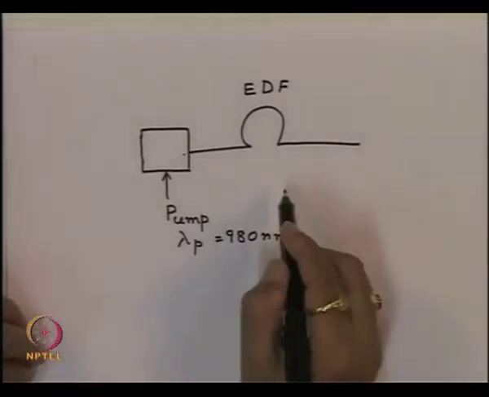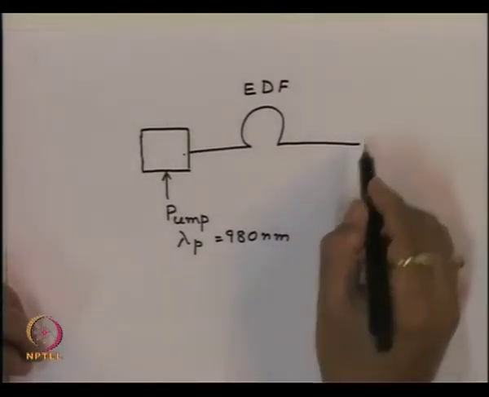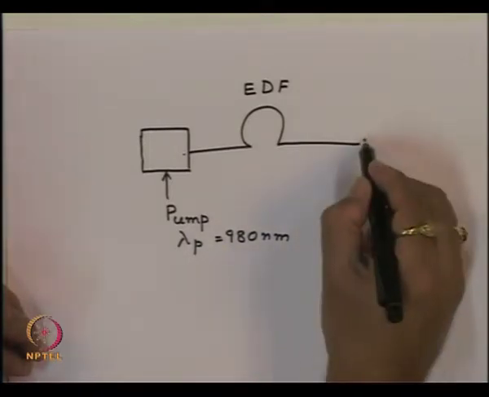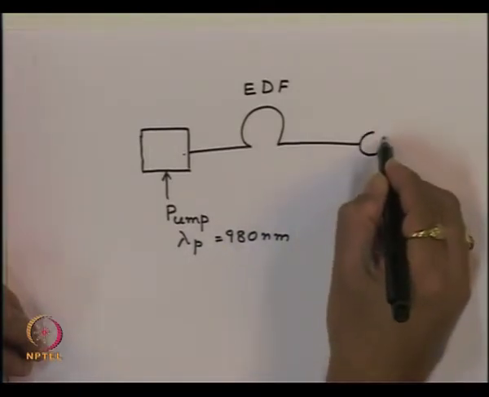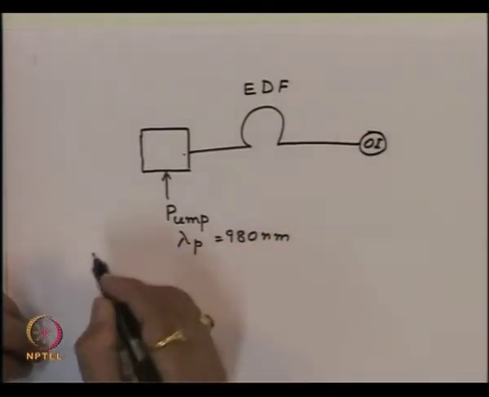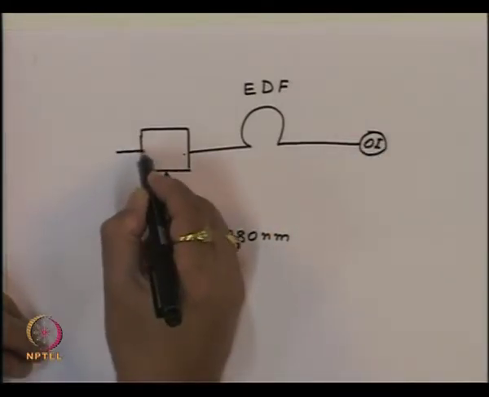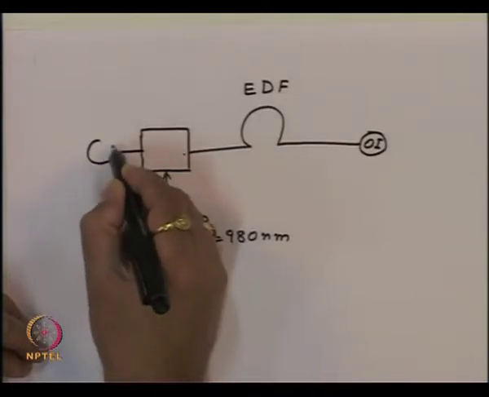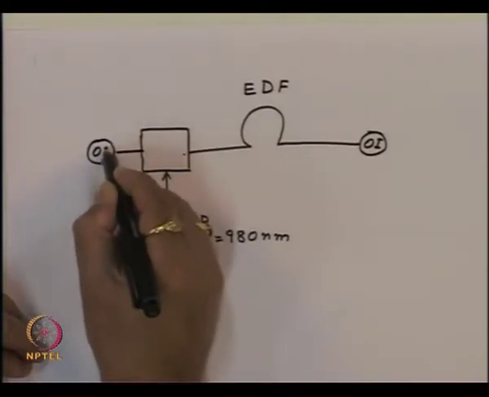And that is the reason we put what is called an optical isolator. So we provide a device here which is optical isolator, and also we put a device here which is optical isolator,